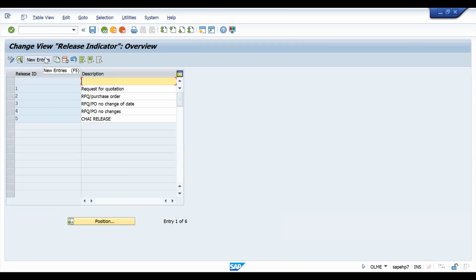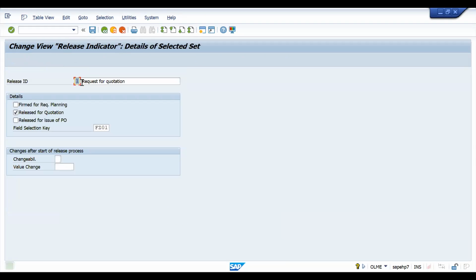Okay, I will copy any one. Here ID I will give R, which means released. Status I will give. Okay, R means released. When it is released,